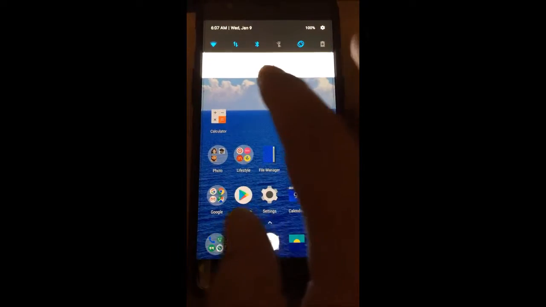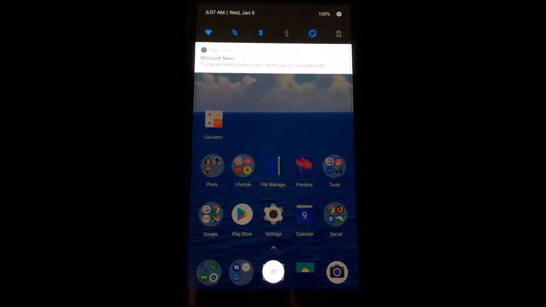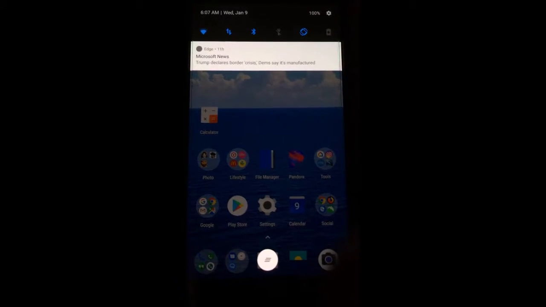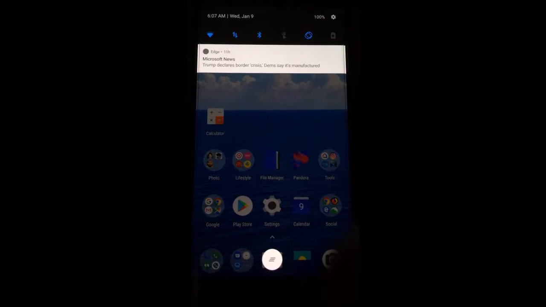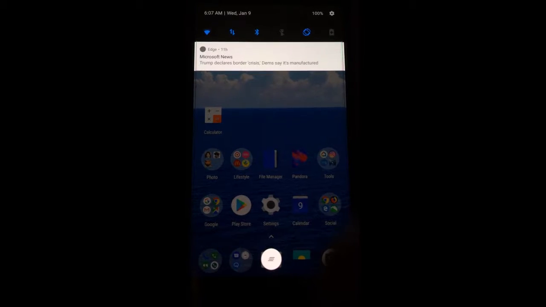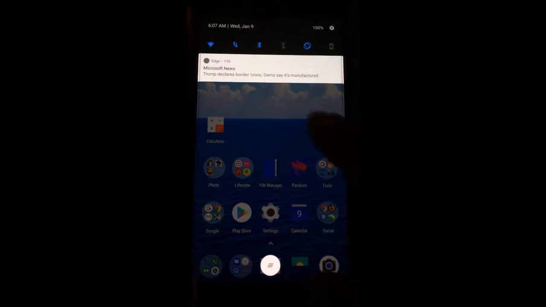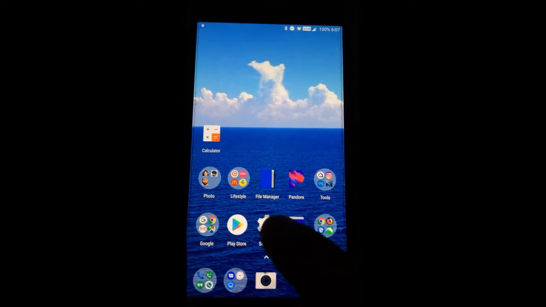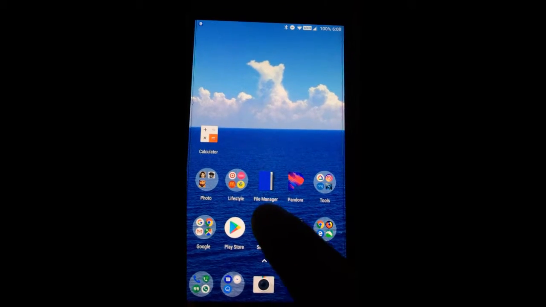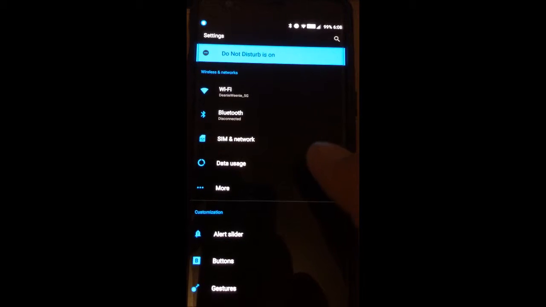This is my Android phone, and recently I've been getting notifications from Edge browser. I don't know how they automatically enabled it, or maybe I clicked on a button I shouldn't have. So to disable these notifications from Edge browser, go into settings,